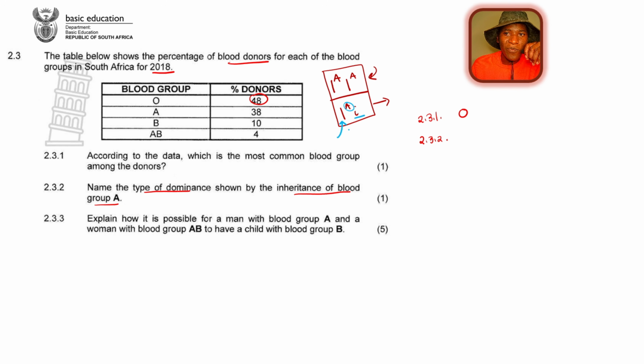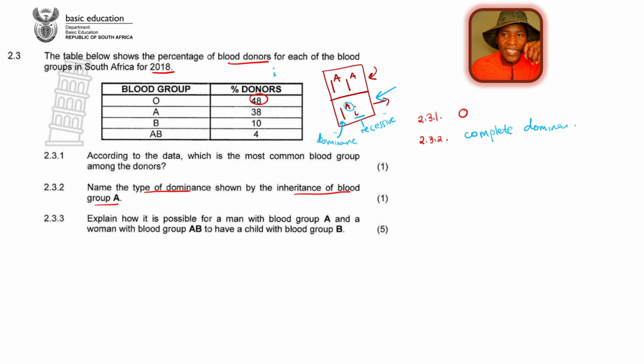So this one is more of a complete dominance kind of situation because this one is a recessive. This one is a recessive allele that is coding for blood group O, and this one is a dominant allele that is coding for blood group A. So this actually shows complete dominance because we would say that this person has got blood group A, but you can see that one of the alleles there is for blood group O, the small letter i. It represents blood group O, but because it's recessive, it won't be shown in the phenotype. It is masked by this blood group A allele. So this is complete dominance.